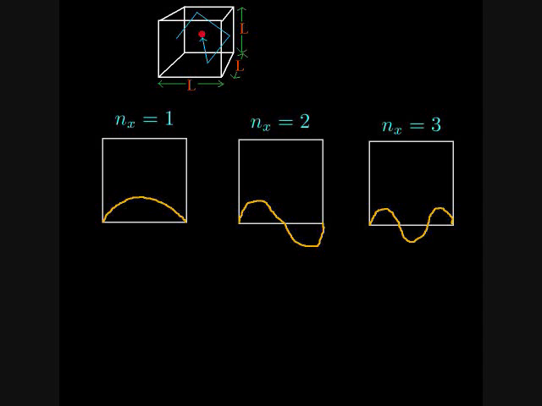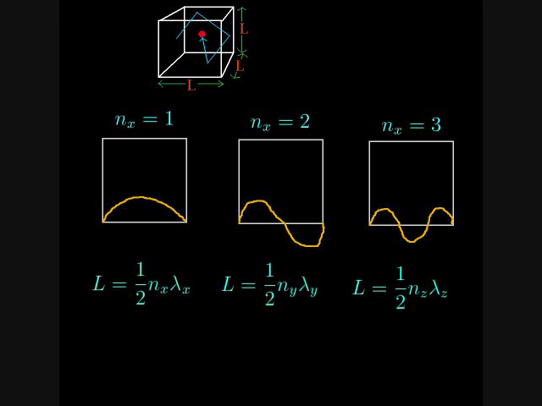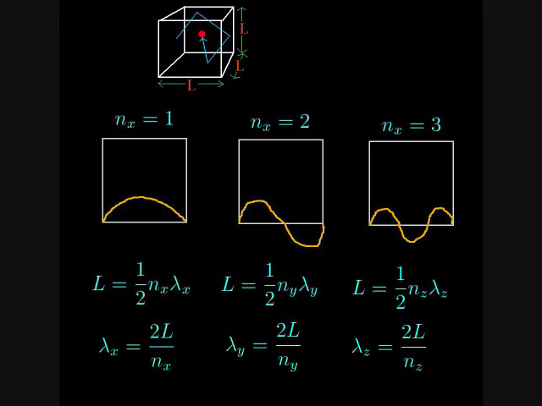Consider a particle confined to a cubical box whose sides have length L. According to quantum mechanics, the wave function of the particle must vanish on the boundaries of the box. This forces the length of the box to be a half-integer multiple of the wavelength, lambda, of the particle in a particular direction. In other words, the only allowed wavelengths of the particle are 2L over n sub x in